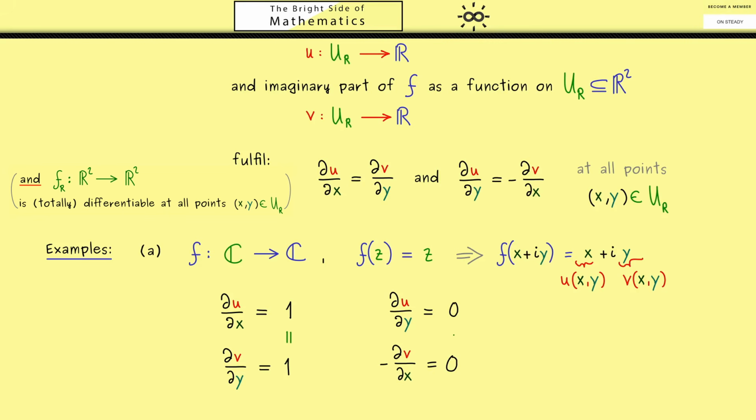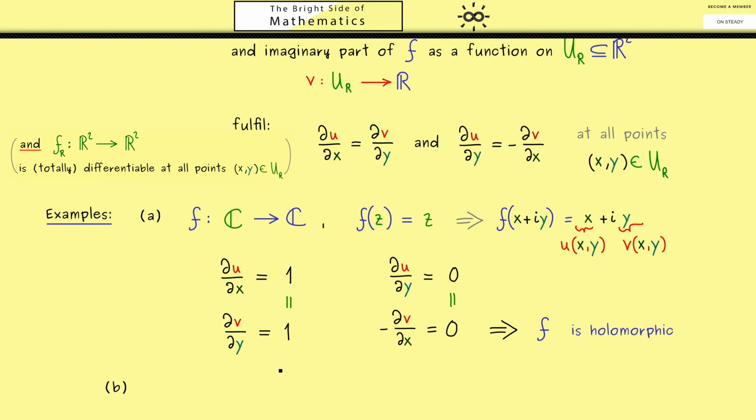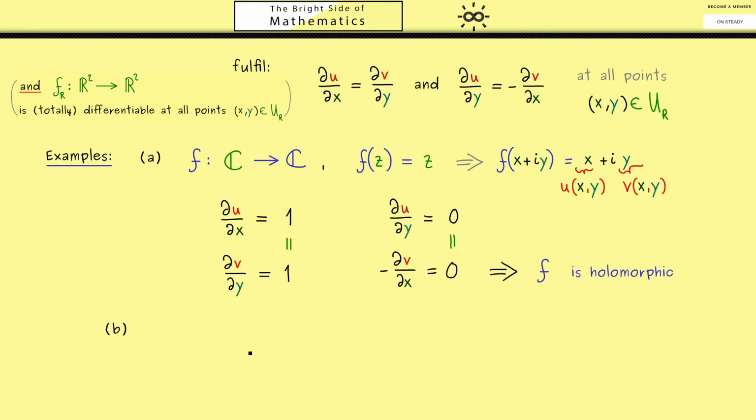In summary, both Cauchy-Riemann equations are fulfilled. From that we then can conclude that the function f is holomorphic. Of course, this is a fact we've already known. Therefore, I would say in the next example, let's look at a function where we already know that it is